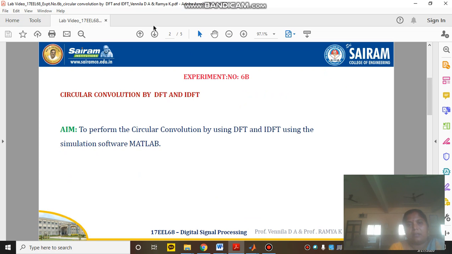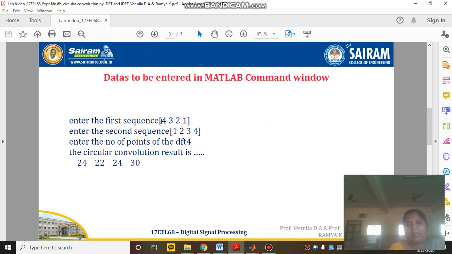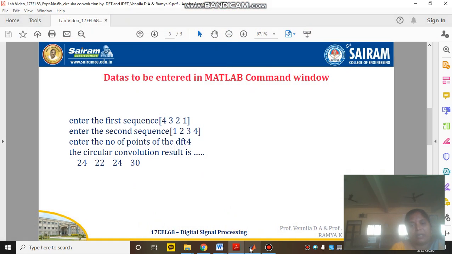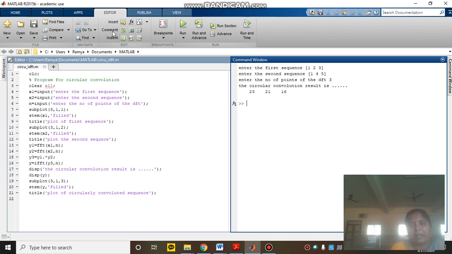Here the data which I have entered is different. You can give this data also, nothing wrong in that. This one I have explained practically; theoretically also you can explain. So the same data I can give.